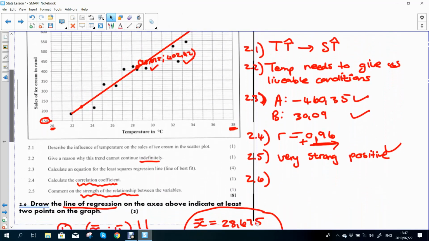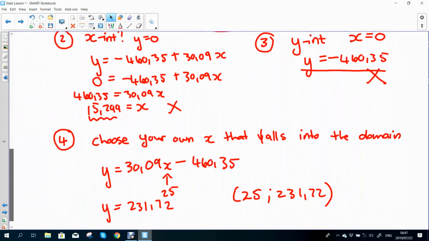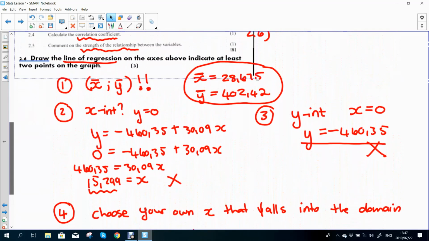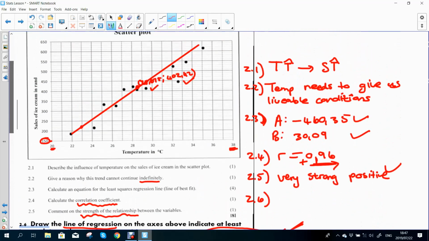So if you are going to draw it in, please, we want to see the coordinates on the graph, and you have to go through these steps to give me the correct coordinates. Very important to remember that we will be looking for this. Okay, we want to see that mean value for x's and mean value of y's.